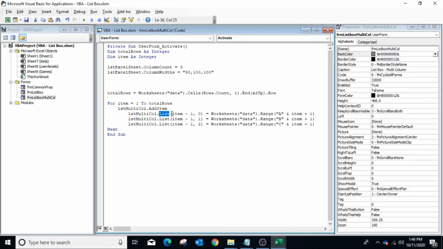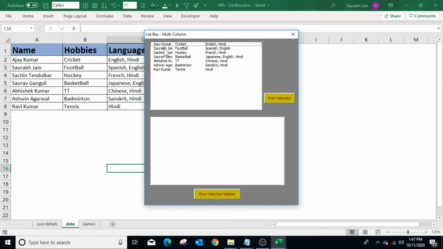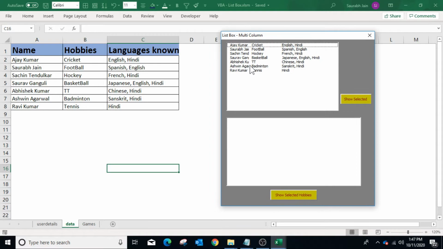The first parameter indicates the row index number and the second parameter indicates the column index number. Remember that the row index and column index for a list box start from 0.